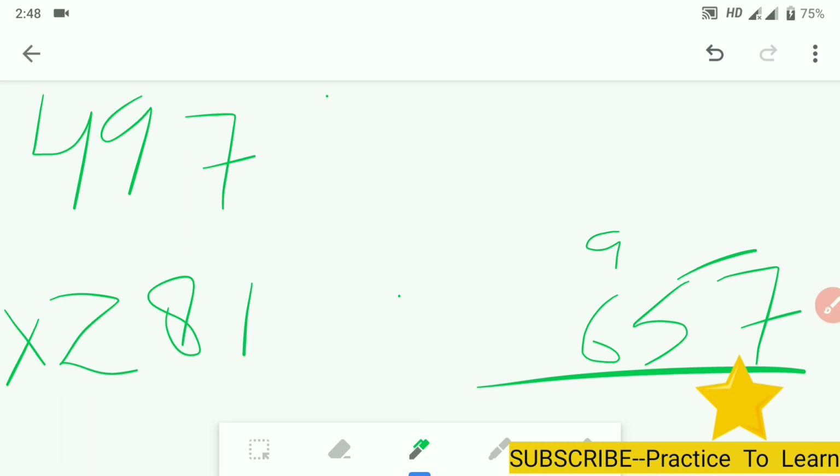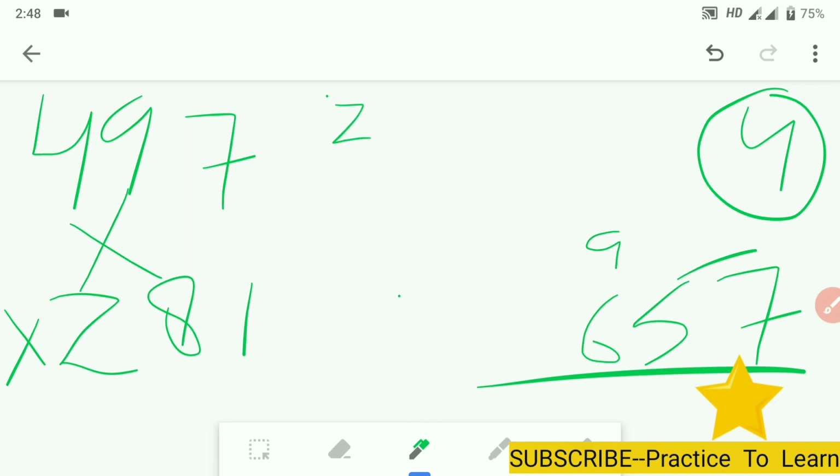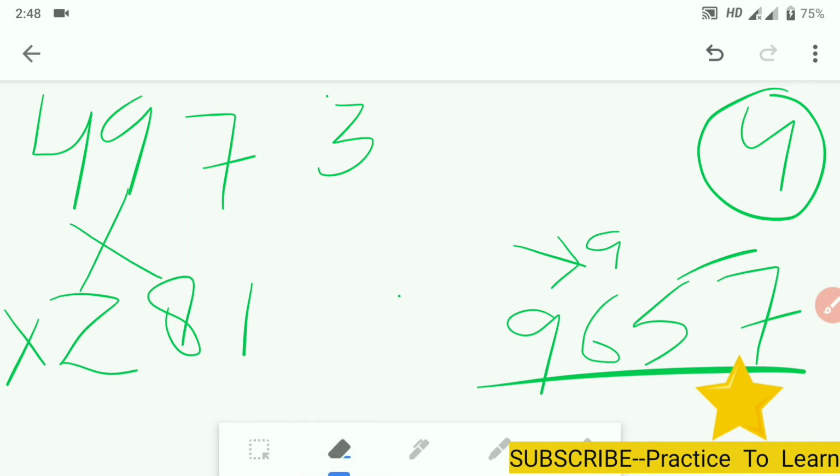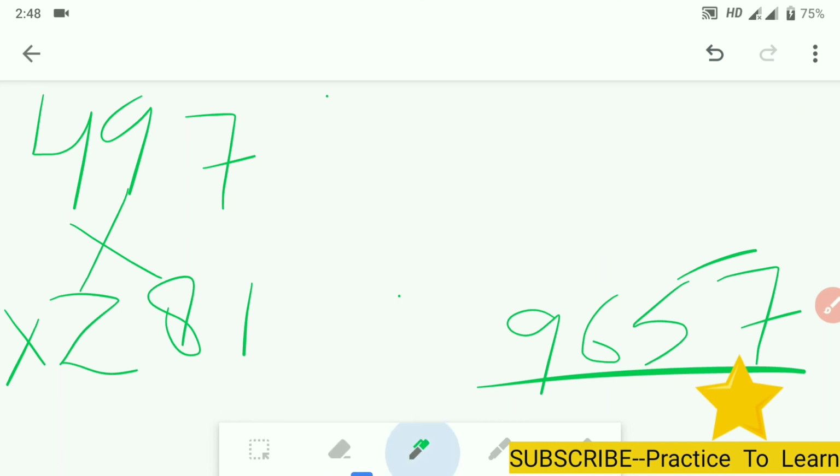And in step number 4, we'll be multiplying 4 with 8 and 9 with 2. So we got 4 8s are 32, and 9 2s are 18. 32 plus 18 is equal to 50. 50 plus the 9 carry right here, that is 59. So 59 is the result in the fourth step. We'll write 9 right here, and 5 would be carry. So let me erase this. We wrote 9 and 5 is the carry. I'll write 5 right here.